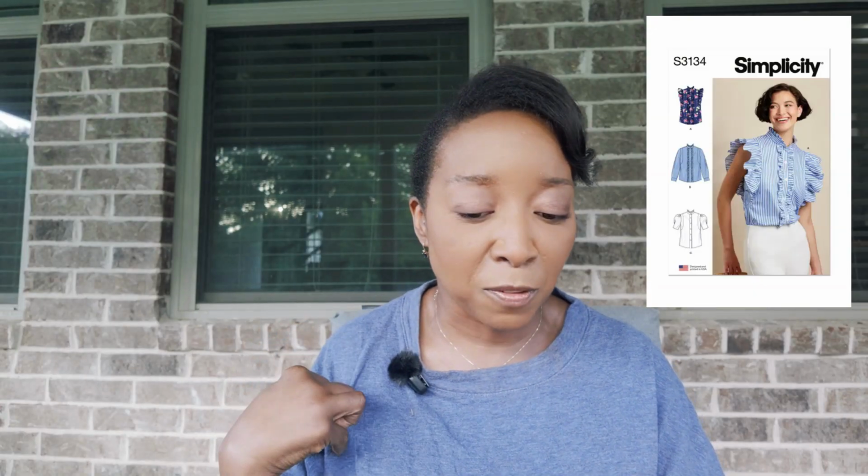All right. So the first pattern that I want to talk about is Simplicity 3134. And I'll show a picture of it up here. But it's a super cute blouse. It's a button down with a mandarin collar, but on the mandarin collar, it has this beautiful ruffle around the top. And then it also has cute ruffled sleeves. Now it comes in a couple of different variations. So that first variation is the one with the ruffled sleeves. The second one has a ruffle down the button placket with long sleeves. And then the third version has this like puffed sleeve at the top with a narrow pleat at the bottom